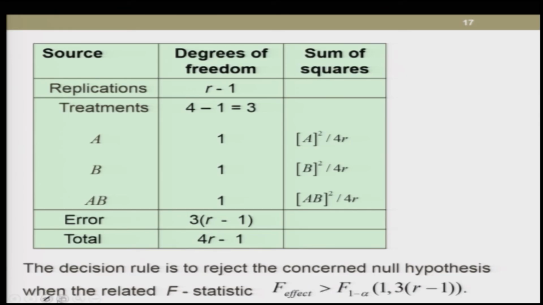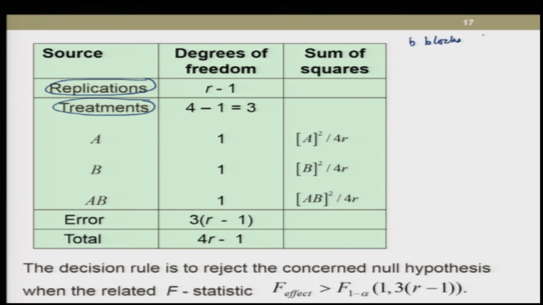So, in this slide I have just taken that ANOVA table, and from this ANOVA table I will try to show you how things are happening, right. You may recall that in the case of RBD there were 2 factors, block effect and treatment effect, or what we are calling here due to replication or due to treatment. And you remember the degrees of freedom, if there are say B blocks, then the